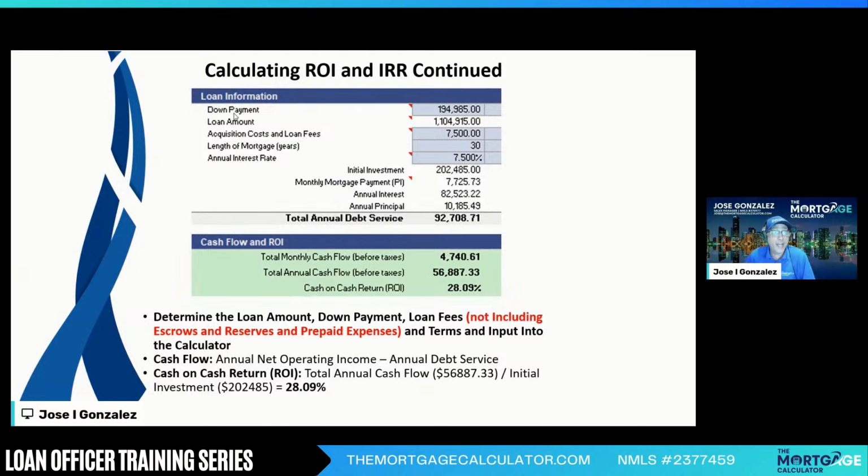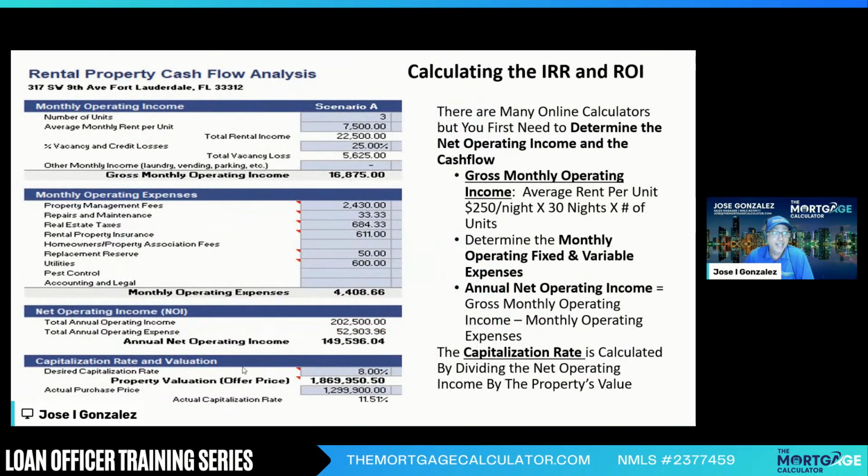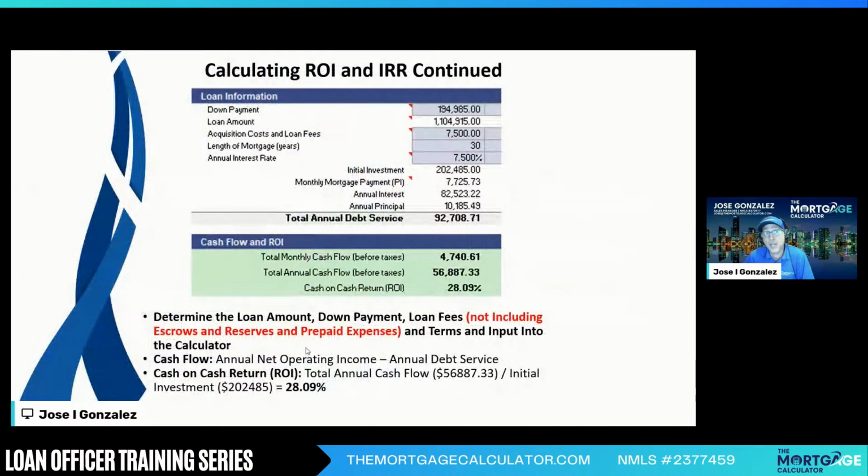Now we're still working on our ROI, because ROI, return on investment, is basically your cash on cash return. That's where we're trying to get to the cash flow, right? So we've determined here the net operating income, but that's not our cash flow because I mean it's our cash flow if the property is free and clear, doesn't have a loan on it. So in this case, now